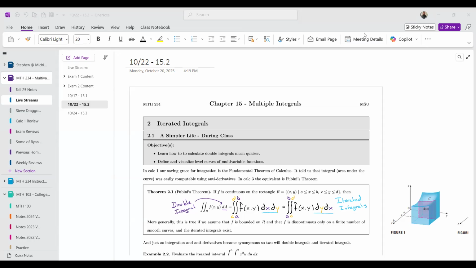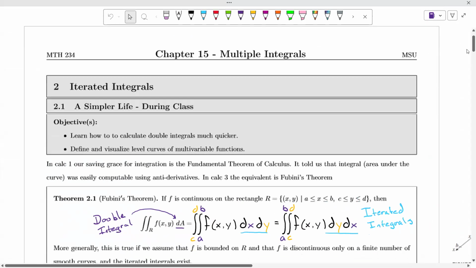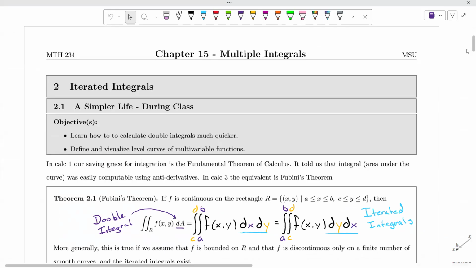Today we've got chapter 15, section 2, as we're finally into chapter 15. So we're looking at more integrals today. That's the game plan. So let's bring that up. The first section we did was double integrals. And now the second section is iterated integrals. And at first glance, it seems like those two things might be the exact same thing, which they almost kind